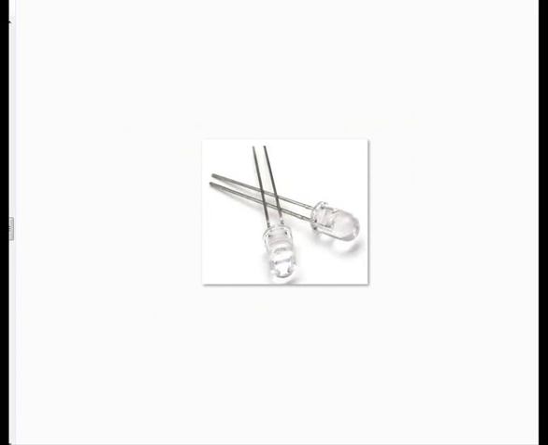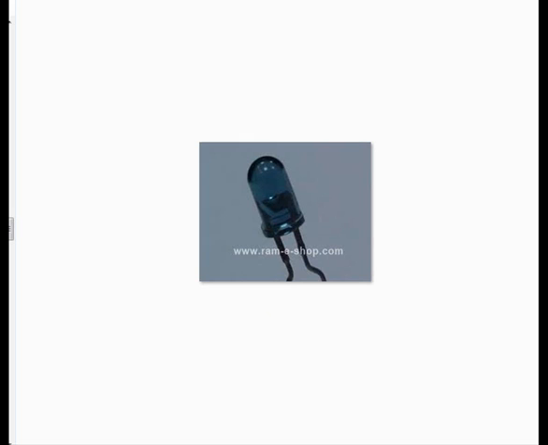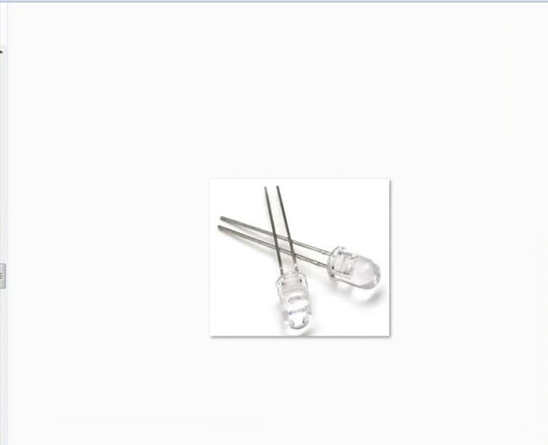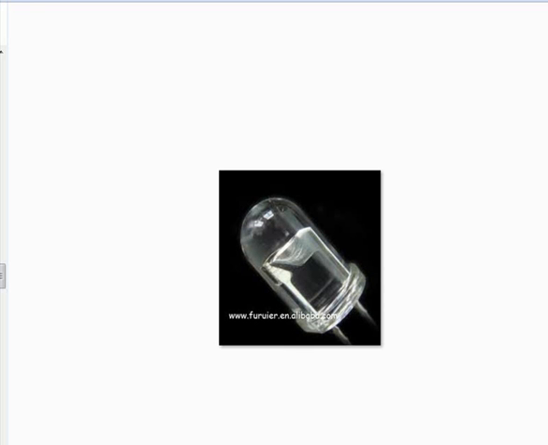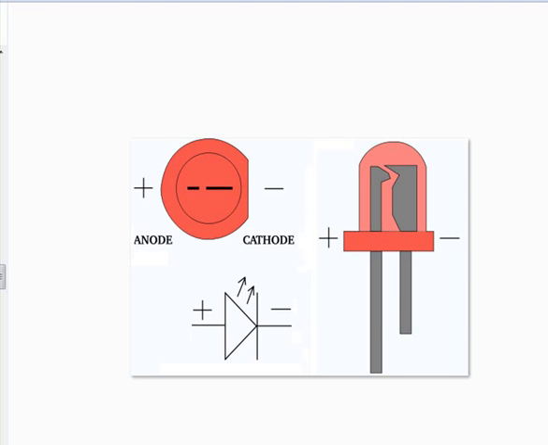Now next comes the IR diode. IR diode and LED are sometimes confusing. IR diodes could be transparent, like this, and it sometimes is confusing once you look at the white LED. White LEDs are also transparent, and it is highly confusing to know whether it's an IR diode like this or an LED like we had seen. So one has to be careful in testing them properly to understand which one is an IR diode and which one